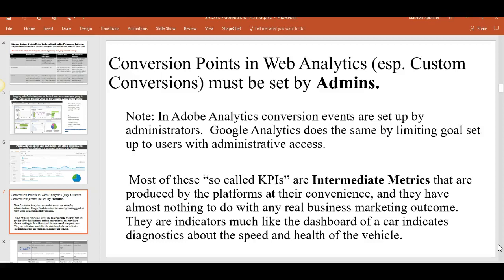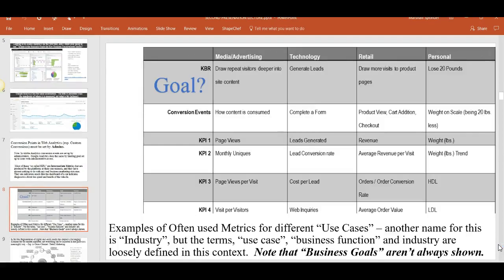Then if you're just going to look at these things as they come, you might as well say they're intermediate. They may be useful for some kind of activity that's going on the website, but they're not really going to tell you anything about how your business is really doing. The only exception to that really is when you get involved with publishers that just want clicks on a page or impressions of the page, in search marketing. Those you don't really need much. You just need to see activity. So if activity is all you care about, then maybe these tools and the intermediate metrics they provide are useful. But if you need anything more than that, and most businesses do, they're not.